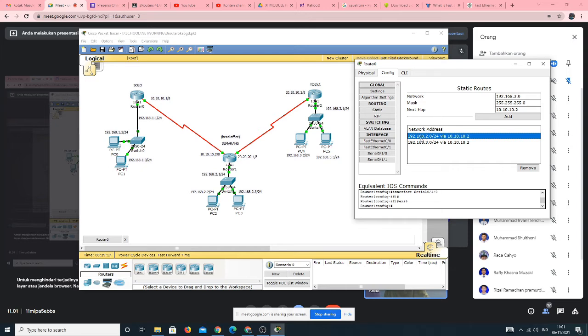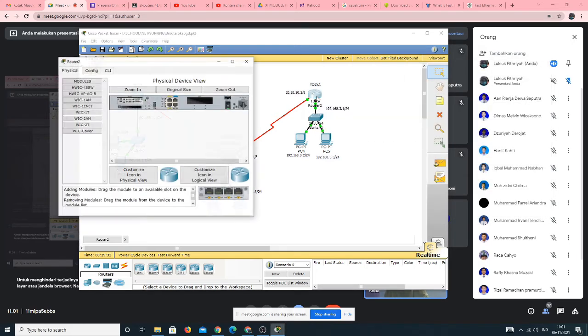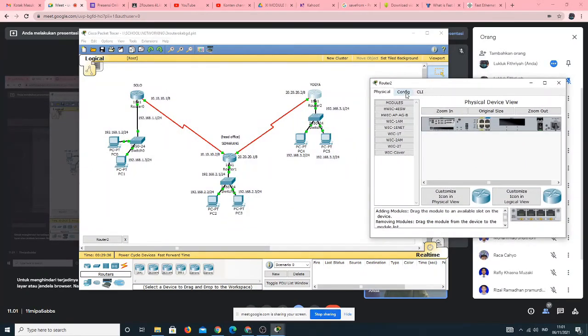This is to make or to open a route or a path to the whole connection. Okay, close, and then we will discuss the router Jogja first. That is same as the router Solo.